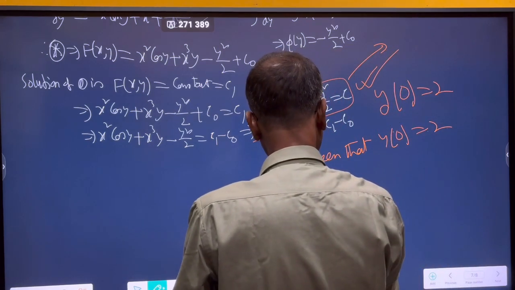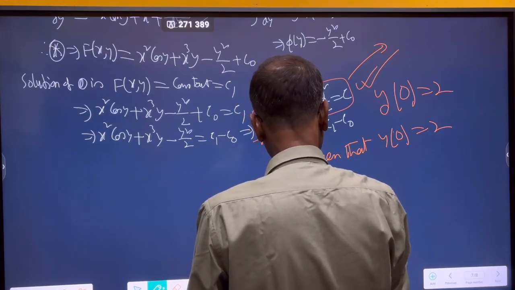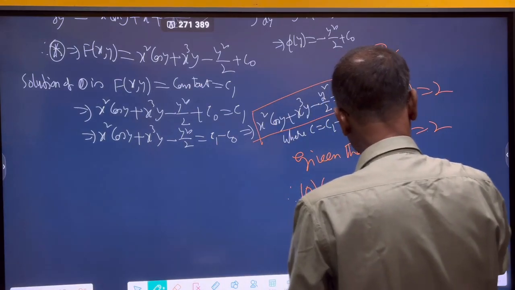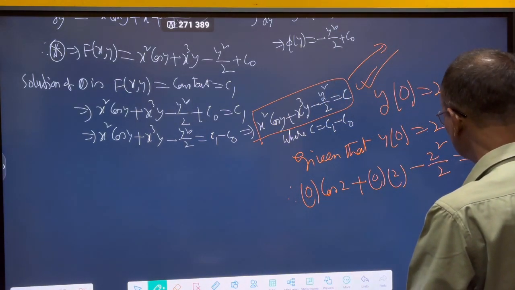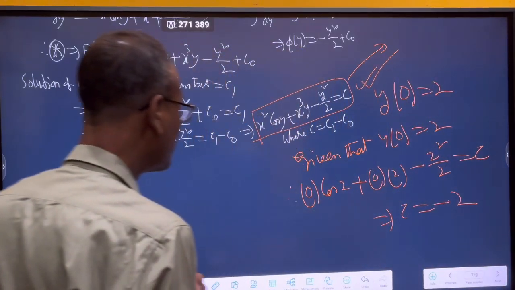Therefore, put x equal to 0, y equal to 2. 0 cos 2 plus 0 into 2 minus 2 square divided by 2 equal to c. This means c is equal to minus 2. Therefore, the solution is